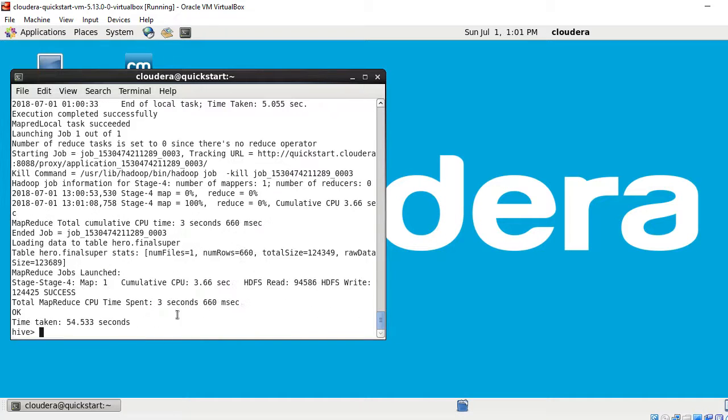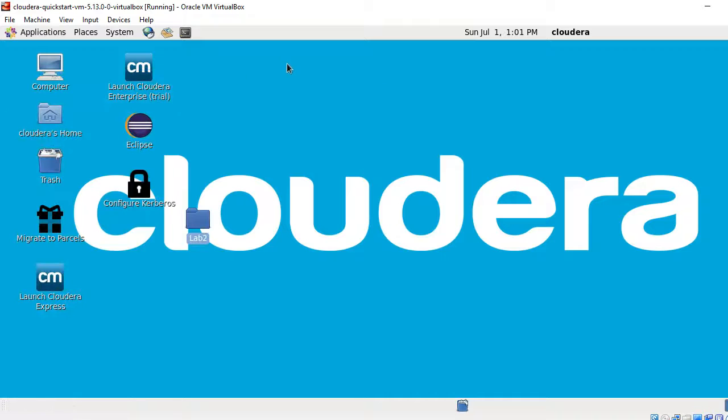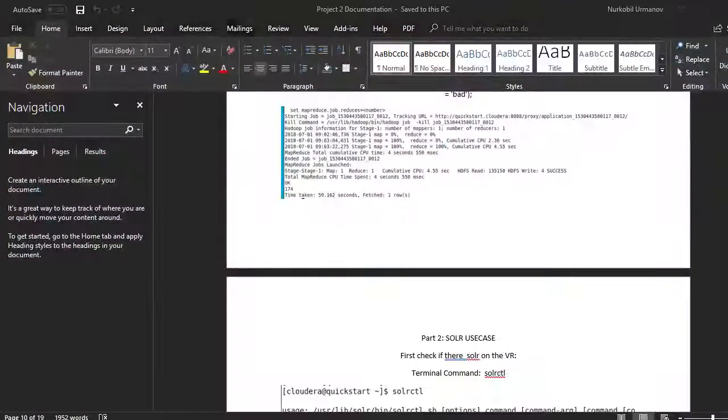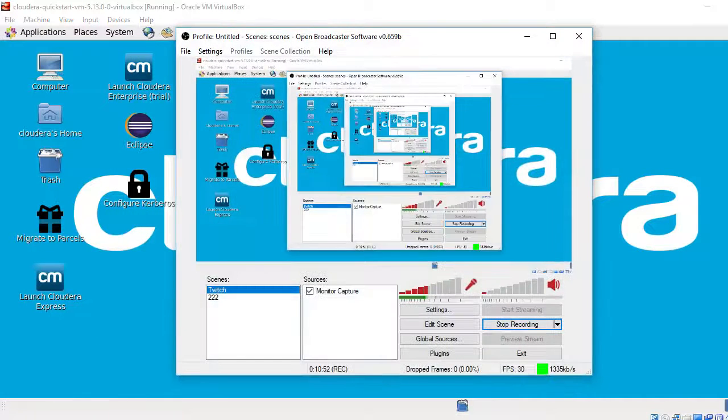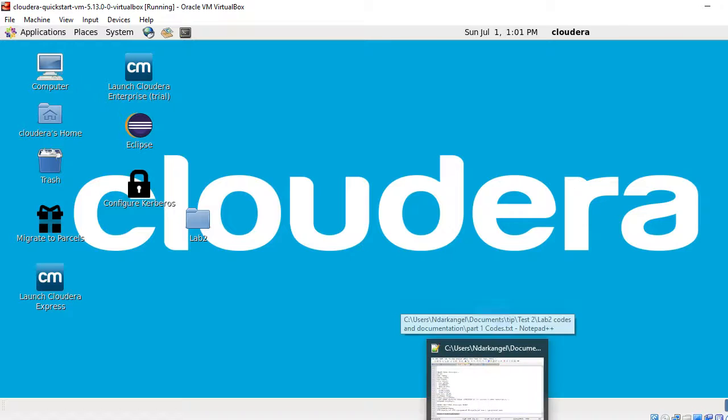Okay, it should be there. So you can see this is the final dataset: names, gender, armor, hair colors, and their superpowers and everything like that. So that's Hive. We're done with Hive now. Okay, we're done. Now we're going to go to the second part of our assignment. Our second part of the assignment is to work with